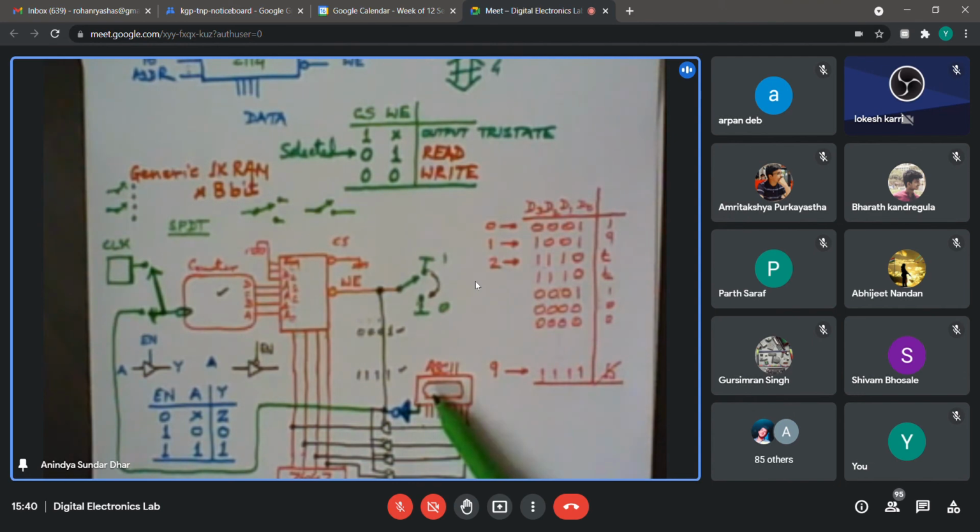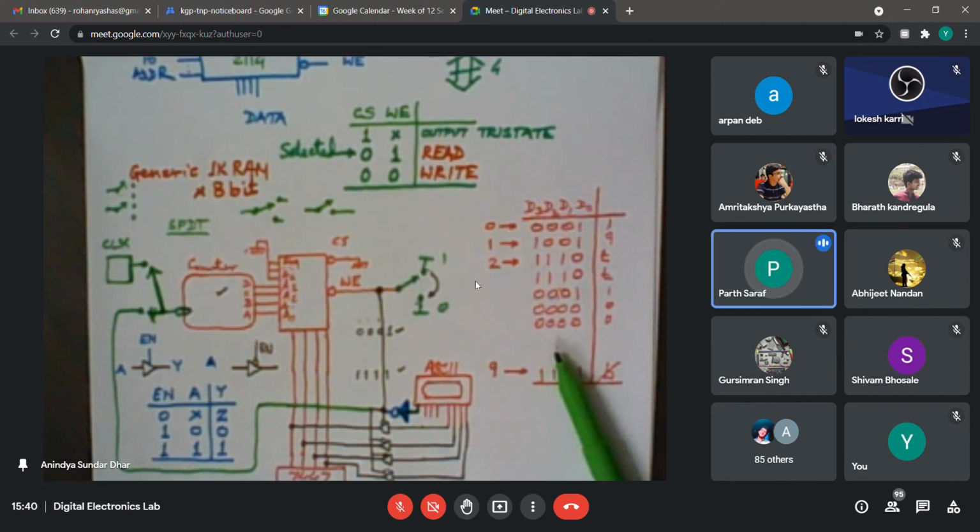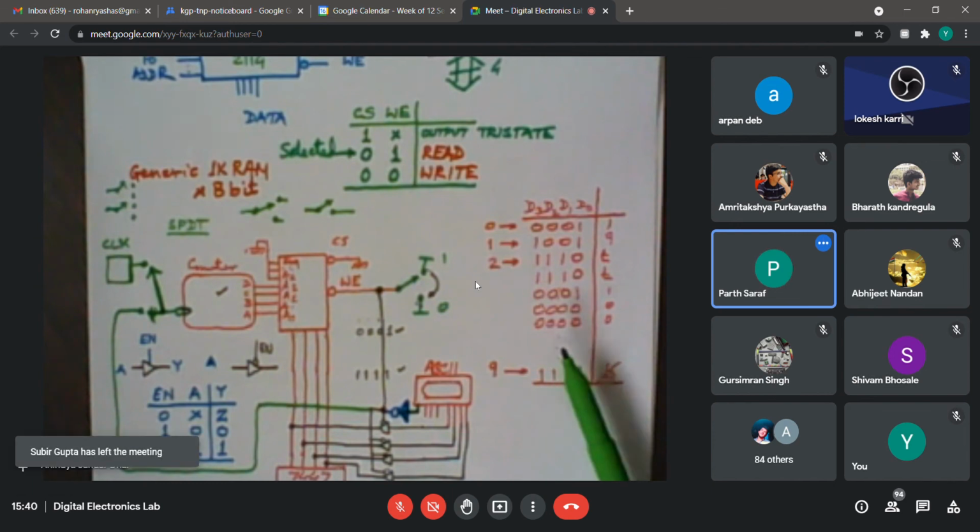Probably you are not pressing the ASCII keypad anymore when you are in the read mode. So whatever you have pressed last, that may appear over here. So will that happen? Or you may say that no, that doesn't happen because the ASCII keypad will give a high Z state at that time. So what do you feel will happen? When the clock is turned on and we are in the write mode, it will start from address 0 and the data will be overwritten over there.